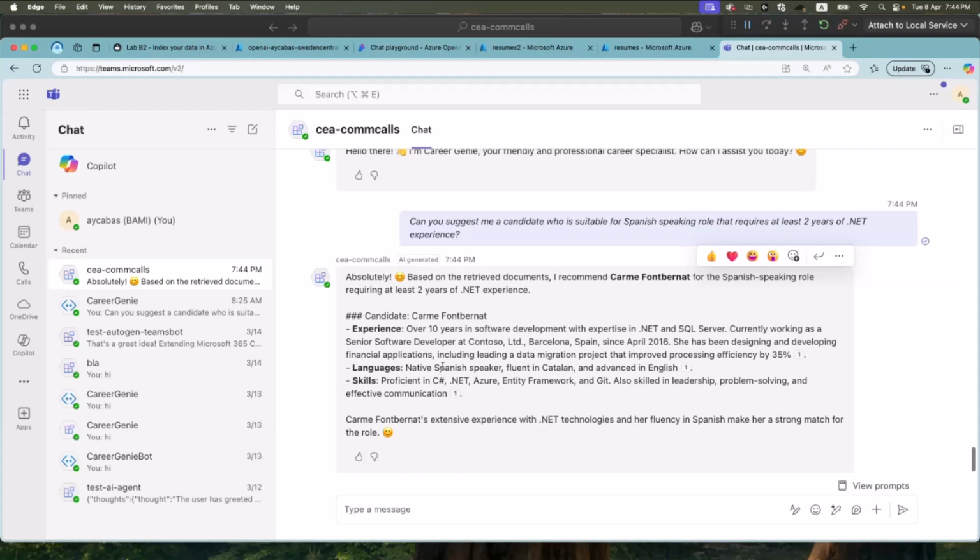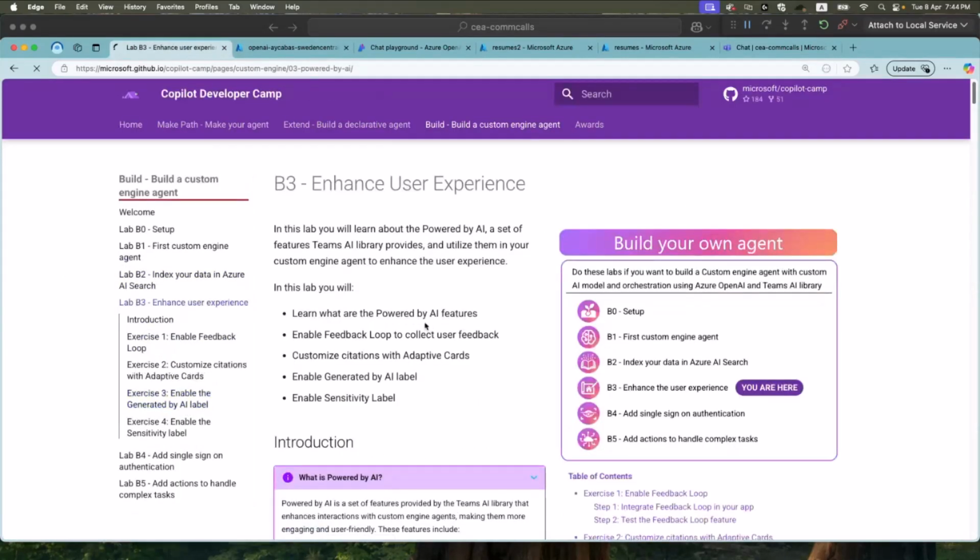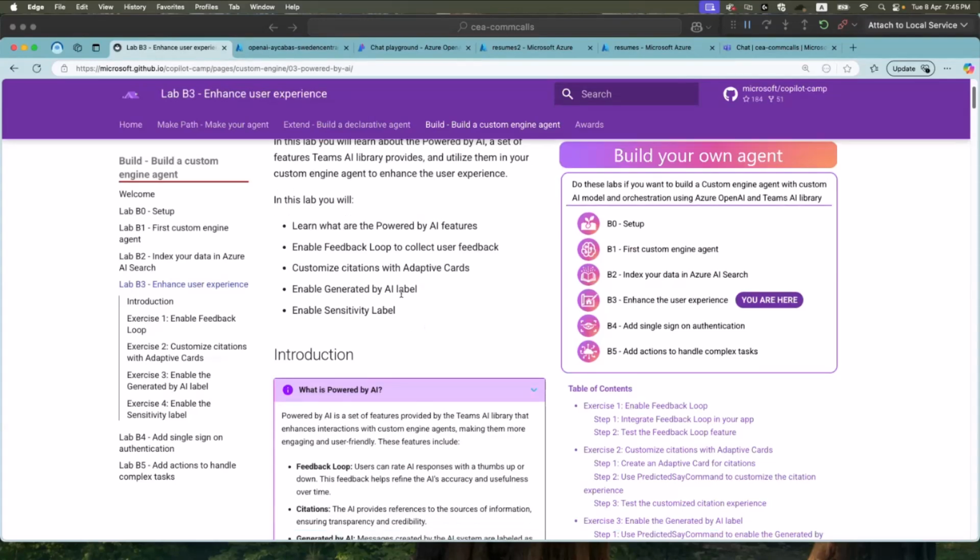Just quickly, this will take two to three minutes, I promise to Vesa. There's also the follow-up lab that I want to quickly talk about, which is enhancing the user experience. It's all about using some capabilities the Teams AI Library provides, like the feedback loop, enhanced citations with adaptive cards, also the generated by AI label, sensitivity label, and all.